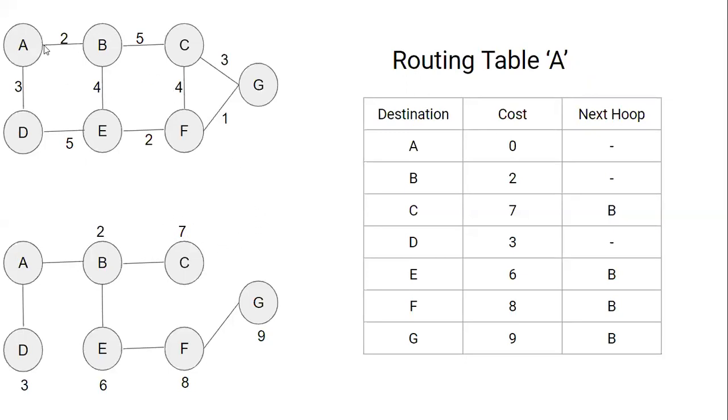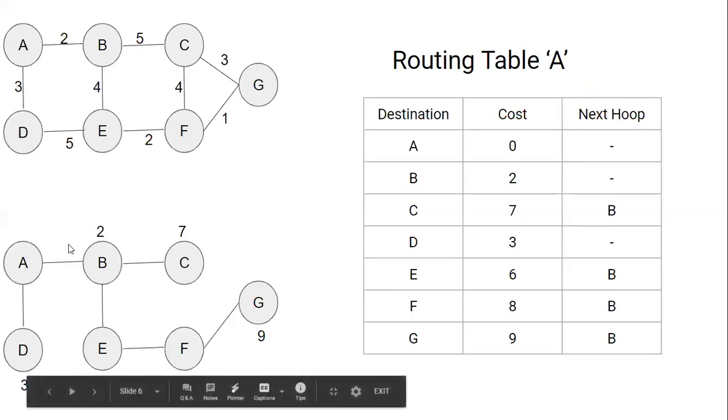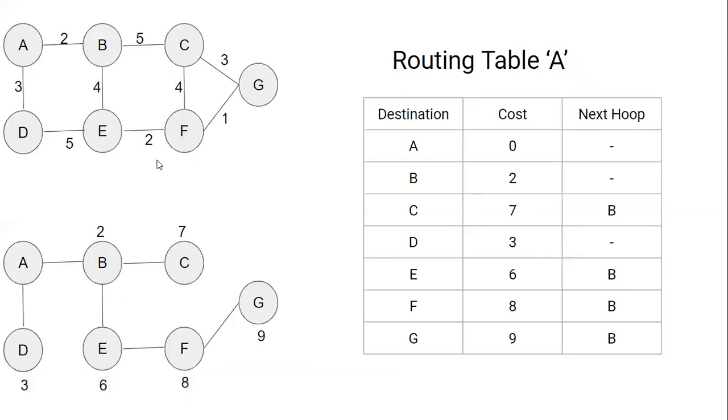Now A to B has completed, A to C has completed. Now we need to check A to D. So directly I'm writing here A to D because there is no other mediator node or next hop here, and it is also with the least cost. So I have written directly from A to D as 3 here. Now we have completed A to B, A to C and A to D.